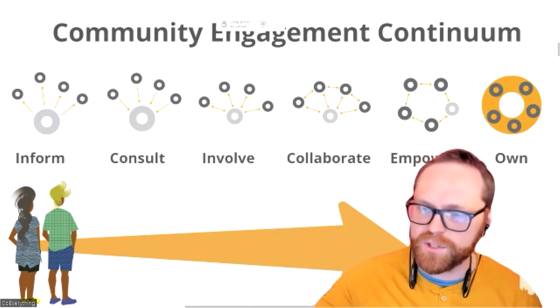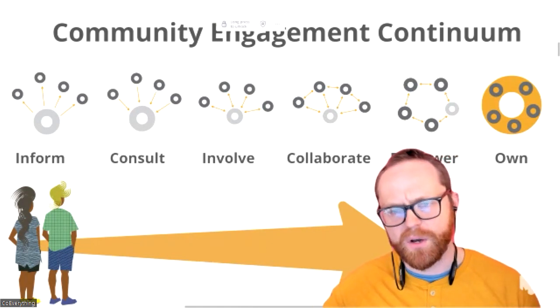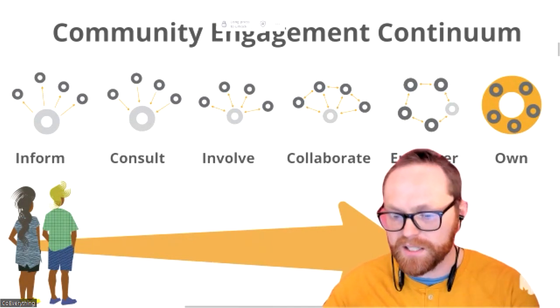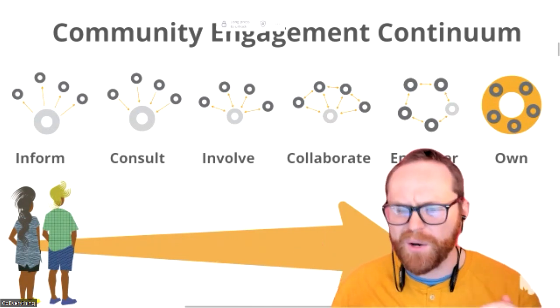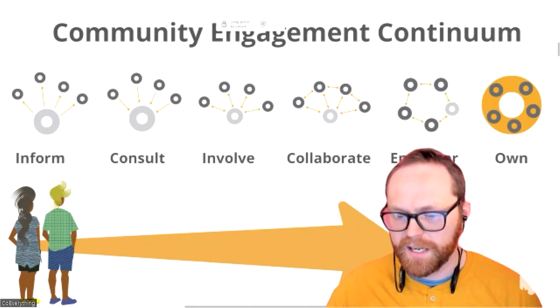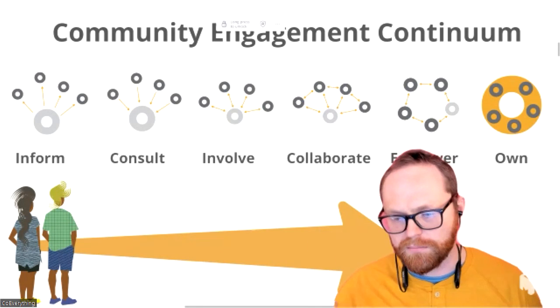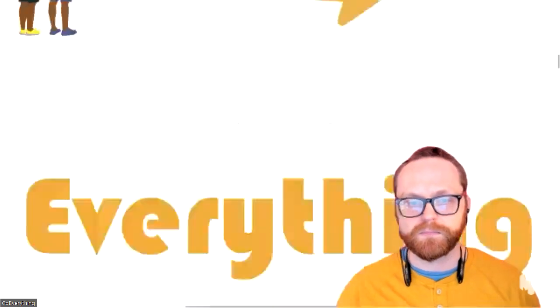So this is just some framework that we use for when we're thinking about co. It's not that we'll always do projects around own, but we want to be thinking about, when we get into a project, where on this spectrum, when we engage with the community, are we actually going to land? And let's be honest about it, so that when we actually engage with folks, we can be clear what it is we're doing. We don't want to pretend we're empowering when actually what we're doing is informing. And we don't want to just inform if we have an opportunity to empower. So this is the way in which we think about co.